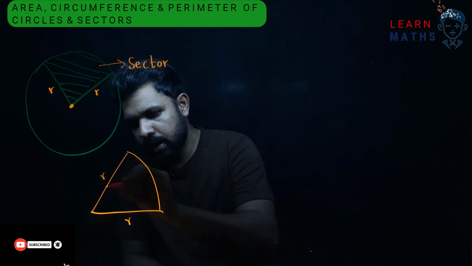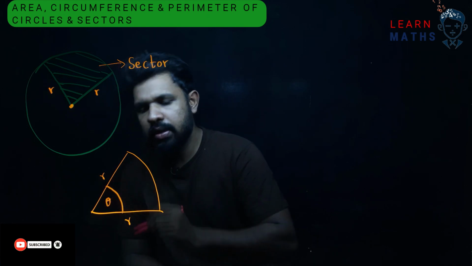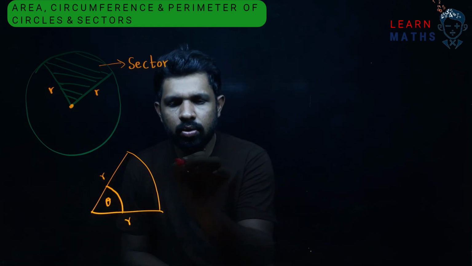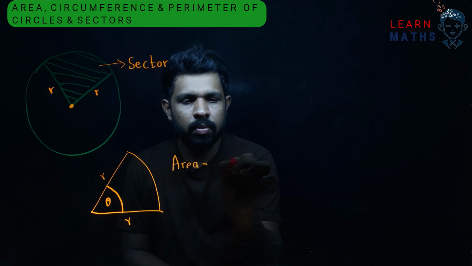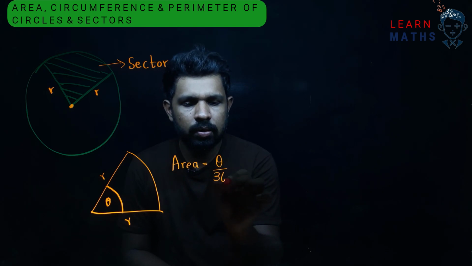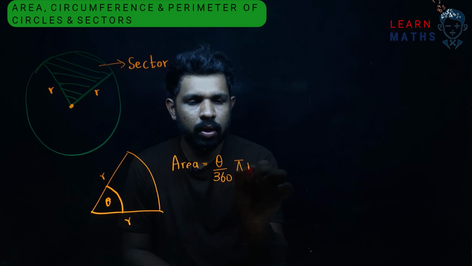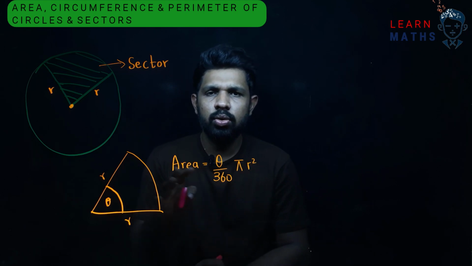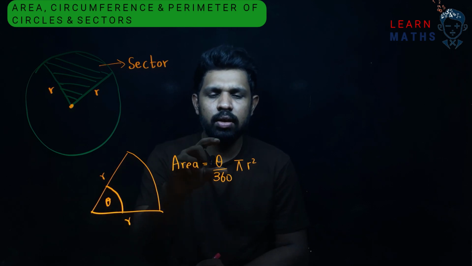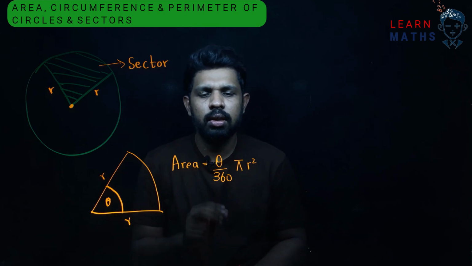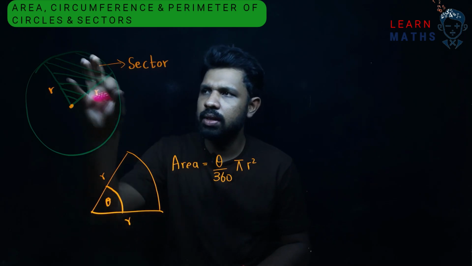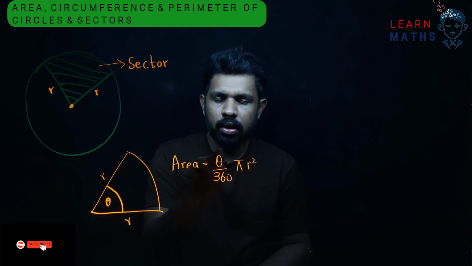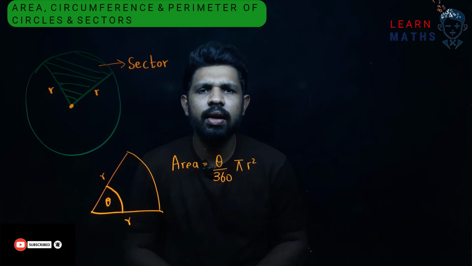To find the area of the sector, we need to know the angle of this sector. The equation to find the area of this sector is theta over 360 times pi r squared. This is the equation we use to find the area of the circle, so for a sector, what is additionally included is this theta over 360. This is because it is a part of the circle. Theta means the angle of the sector, compared to the whole circle, that is 360 degrees.